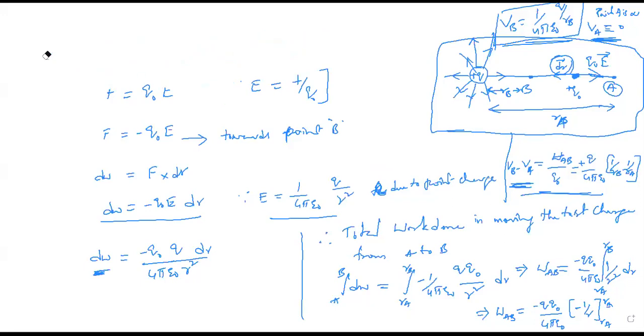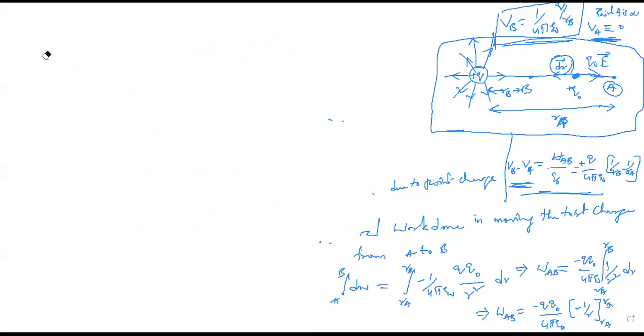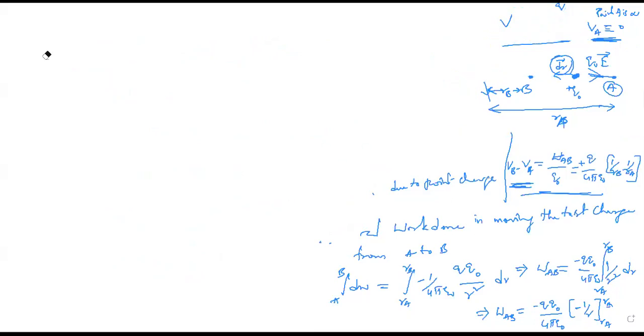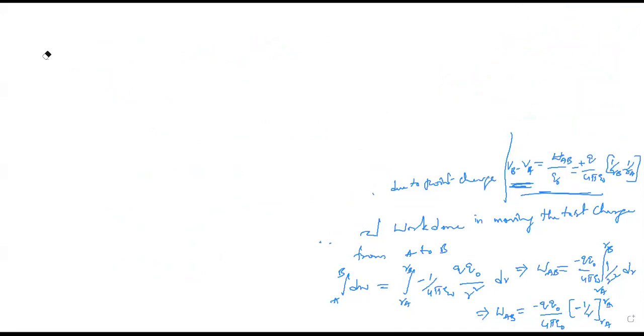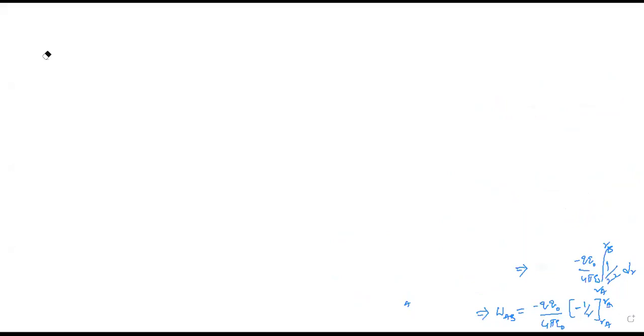Next topic. So here, one more application we are going to see. Electric potential due to a charged spherical shell. Now, what is the electric potential due to a point charge? V is equal to what is that expression? 1 by 4 pi epsilon naught Q by R. That is our electric potential.